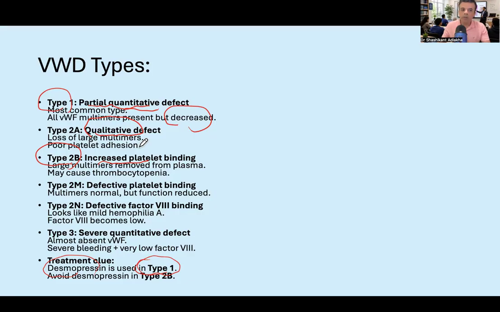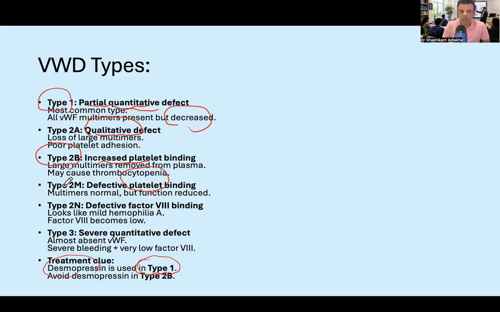Type 2M, defective platelet binding is seen. Function is reduced, and quantitatively it may be quite normal. More or less it is like type 2A, but here all the multimers are normal, with no specific deficiency of large multimers. All the multimers are normal, but somehow there is a decreased avidity. So in spite of having a normal quantity of multimers, even including the large multimers, there may be decreased binding